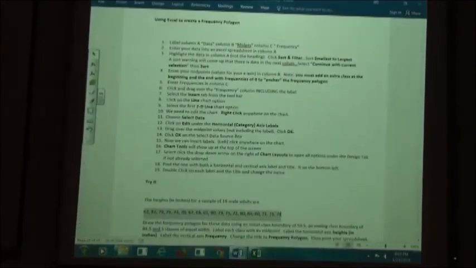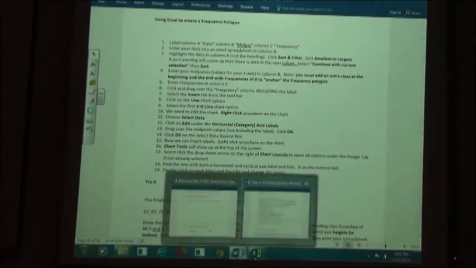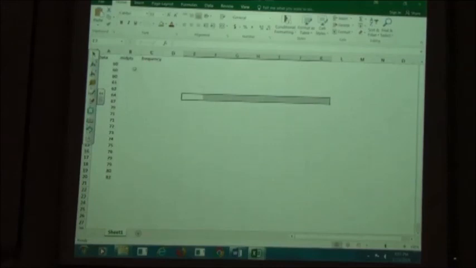So after I have that in there, it says enter your midpoints. Note, you must add an extra class at the beginning and the end with frequencies of 0 to anchor the frequency polygon. So if I go back over here, under my midpoints, remember this one is from problem number 13. So instead of starting with the 62, which is our first midpoint, we're going to add an extra set in front of there. And so since our class width was 5, if I subtract 5 from 62,